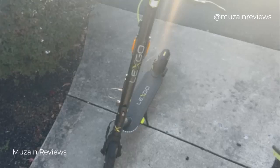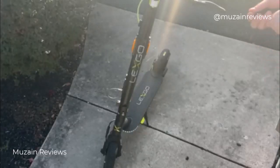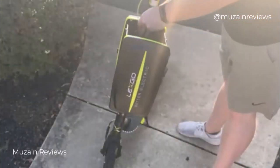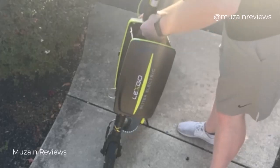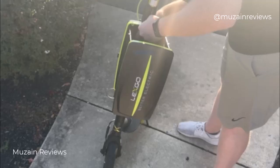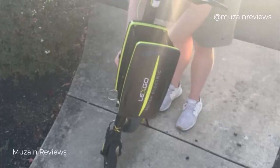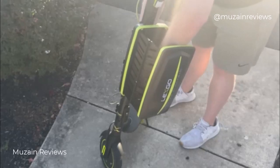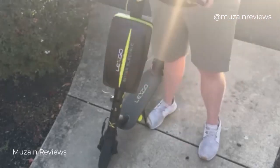Okay, so it comes with a collapsible basket, one of the features and accessories you can get with the scooter. And to put this together, it's really easy. All you're going to do is just clasp all the parts together. I'm going to fast forward through this really quick, and you'll just see how it all goes on, how it looks. So here I am just connecting everything, and it's just four screws with a couple brackets, and this thing goes on nicely. It's collapsible, so it's not collapsed right now, but once everything is on, you can go ahead and keep it out for storing stuff, or you can break the bottom part out just like that,